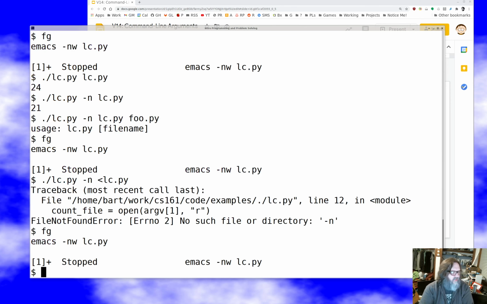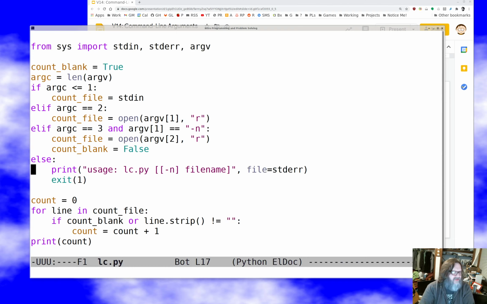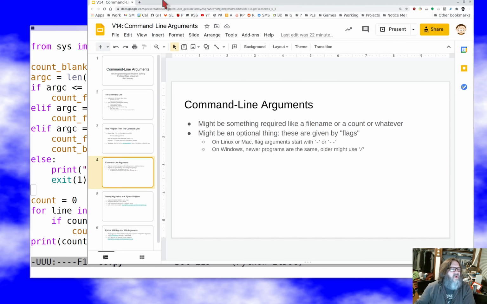I'd like to be able to run this and have it count non-blank lines on standard input, but I can't. And the logic here is starting to get pretty contorted, right? I mean, this is kind of a mess, and I'm not very happy with it. There must be a better way. And it turns out that the better way here,